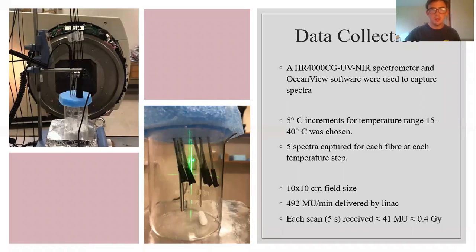So just a quick mention of how we collect the data. A HR4000 spectrometer was used in conjunction with OceanView software to capture, save, and view spectra. As for temperature readings, 5 degree Celsius increments were chosen for a temperature range of 15 to 40 degrees. 5 spectra are captured for each fiber at each temperature stage, with an integration time on the software of 5